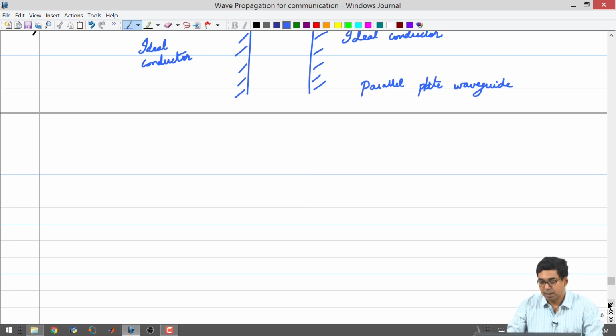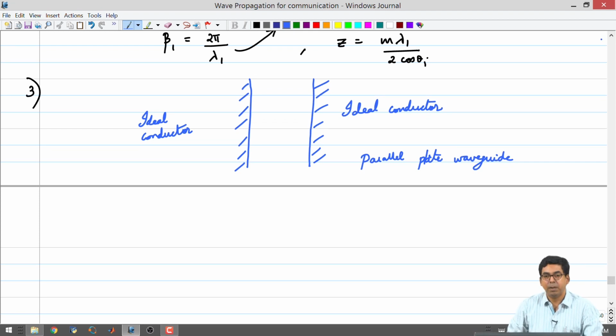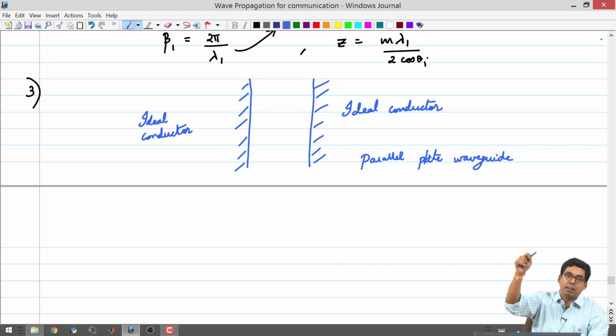Now, one of the things that we have to start looking at is the difference between directly shooting an electromagnetic beam from one side to the other side and actually doing this kind of configuration. Well, the first thing that I notice is the propagation is not directly in between these two plates, that is, you do not have the energy transfer directly going like this, but instead the wave is undergoing multiple reflections, and then there is an effective movement in the x direction.